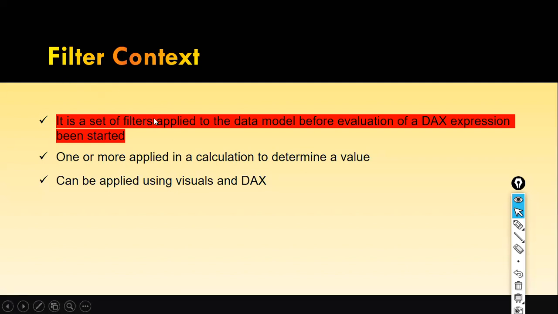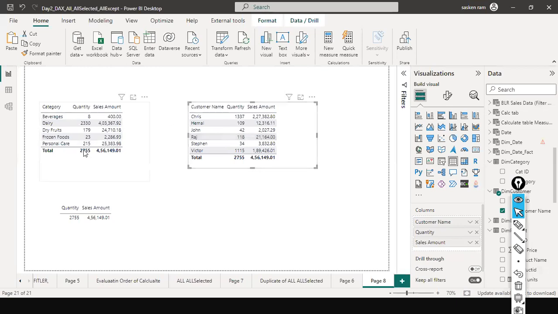But the filter context is nothing but the set of filters, like you mentioned. Yes, you can do the visual level filter, and then slicers, and one or more filters applied in a calculation to determine a value can be applied using visuals and DAX. What do you mean by visuals? Look here, by default the visuals in Power BI are interactive, which means, for example, if I select the dairy,